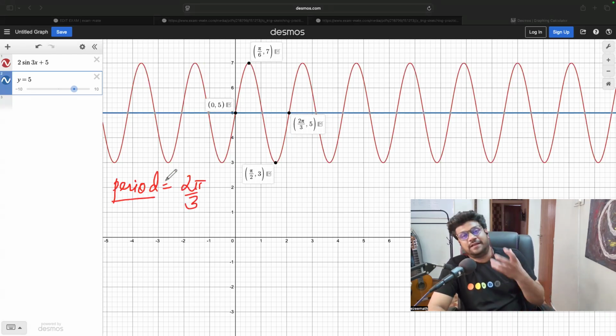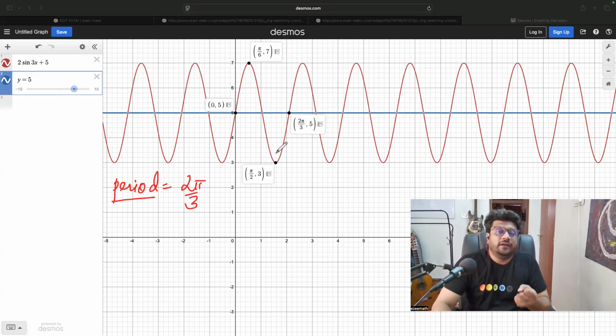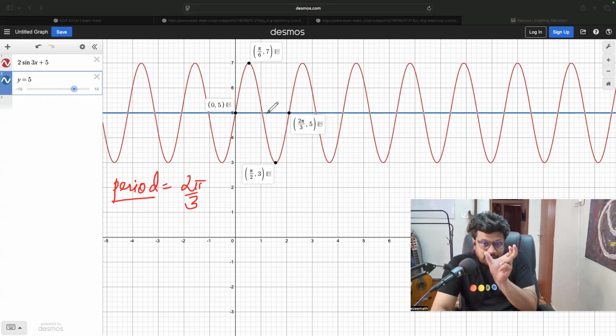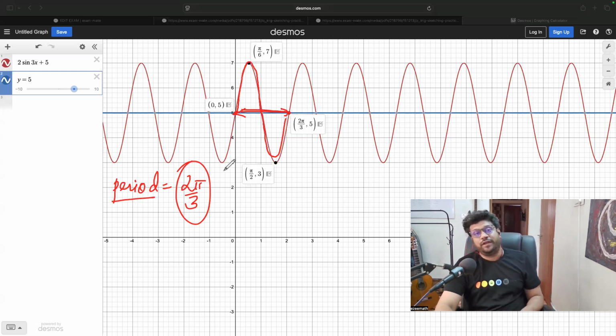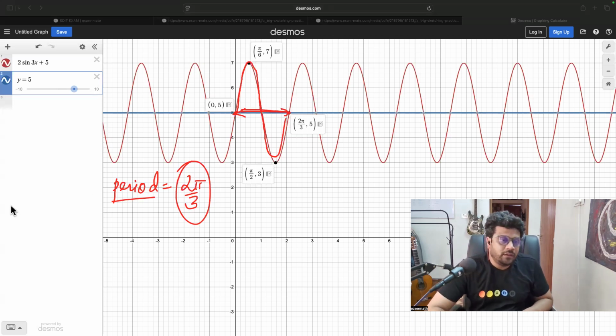Although technically there is a whole definition to it, we are going to look at period as the part, or distance, along the principal axis that the wave occupies when it moves. There it is. That's the distance it occupies on the principal axis. It's 2 pi by 3, and that's what we'll call the period of this wave. Okay. Now,